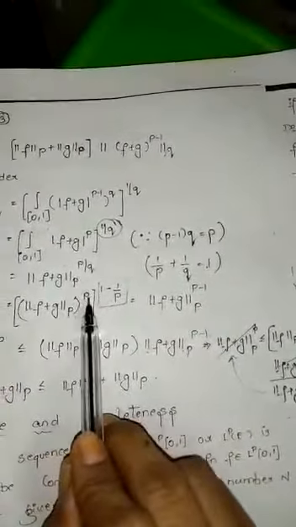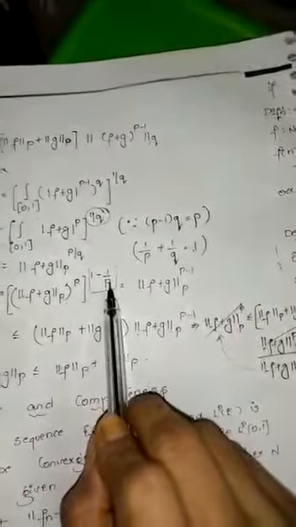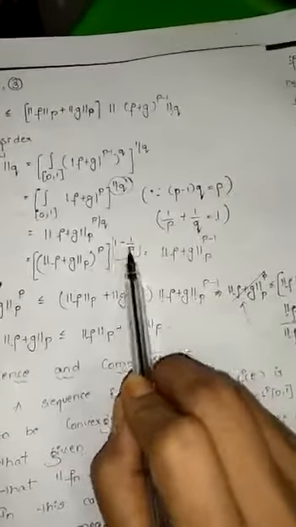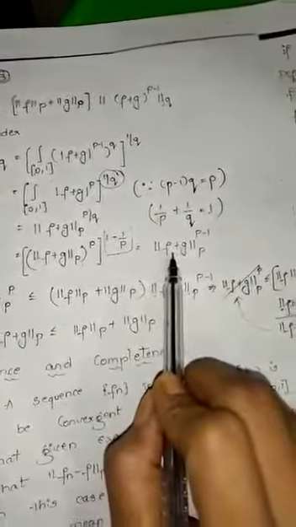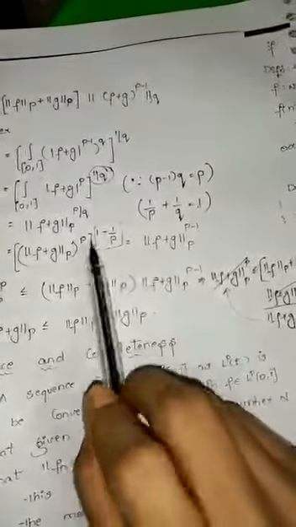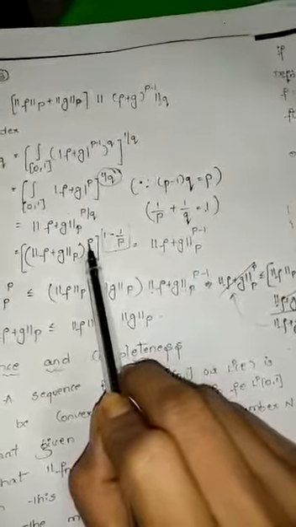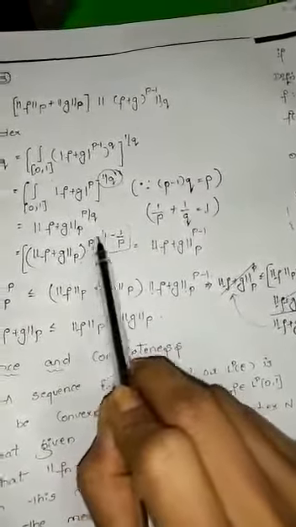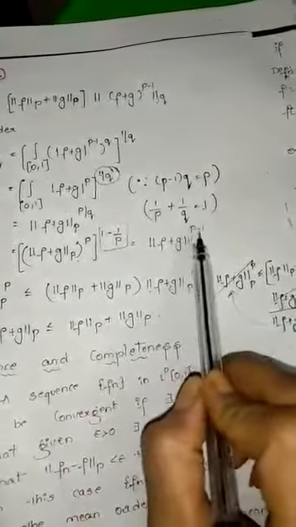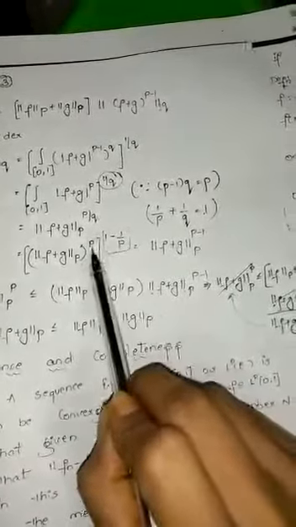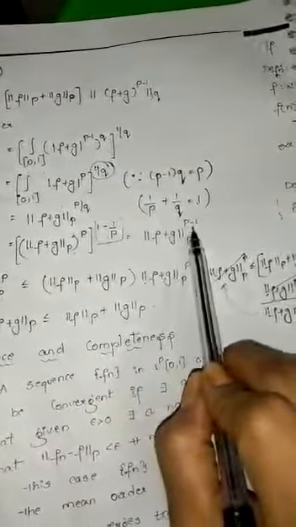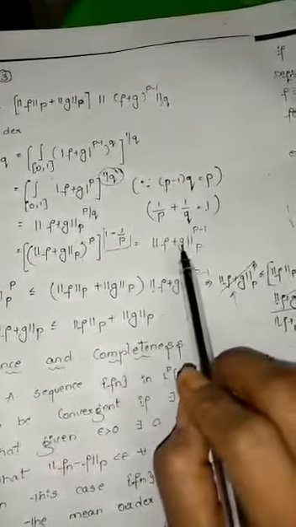Now this entire thing can be written as norm of (f plus g) with respect to your Lp space. So 1 by q is written as 1 minus 1 by p. I hope all of you get this. So again, what do we get here? Norm of f plus g to the power p minus 1. How is it that you're getting p minus 1 over here? You can just see this, girls, we are multiplying p with 1 minus 1 by p. P times 1 is p, that's what is written over here, minus p times 1 by p becomes 1. So after simplification of p with 1 minus 1 by p, you're getting the answer as p minus 1.